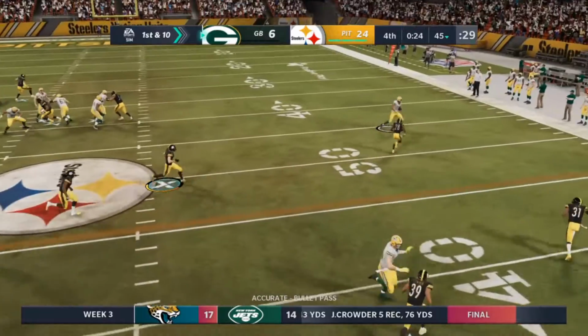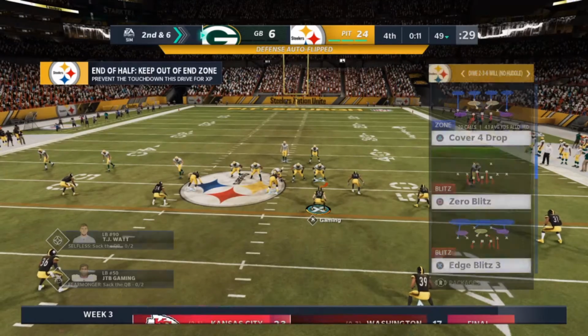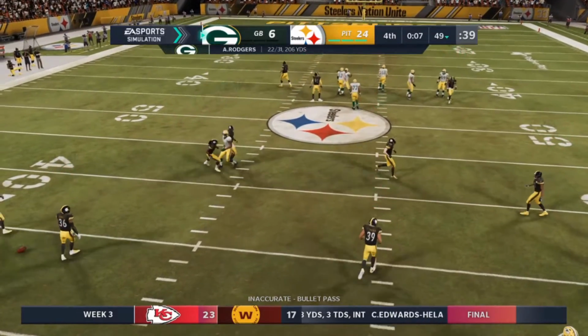On 1st down, Rodgers. He'll get this one to the Golden Domer, St. Brown. They'll contain him to just 4. 2nd down. Looking to throw again on 2nd down, Rodgers. And that one